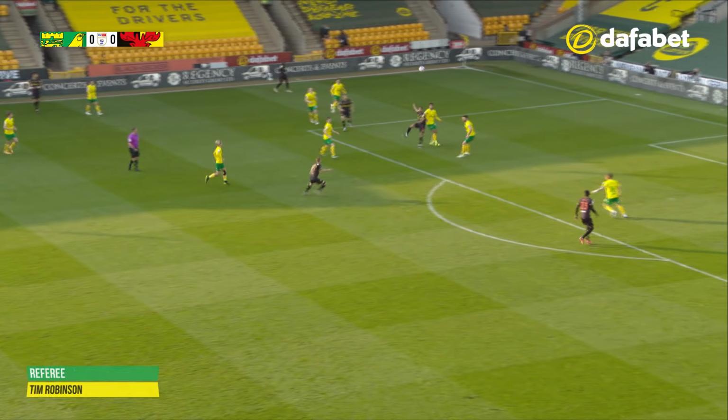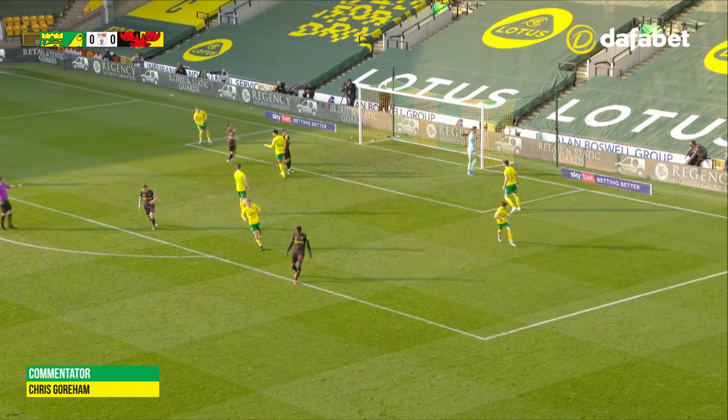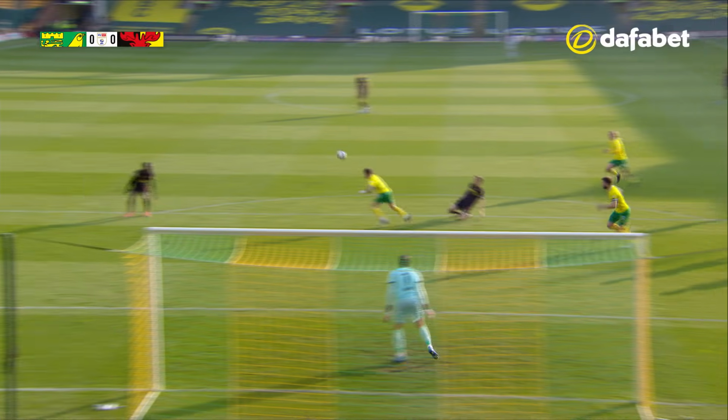Giving away to the sunshine as the ball is played into the Norwich penalty area and cleverly tees up Sarr, who hits the shot just wide, might even have flicked the outside of the post, but it's a bright start this from Watford. Krul wasn't too worried. I think he was convinced that was off target, but it's Watford who really are the first to show in